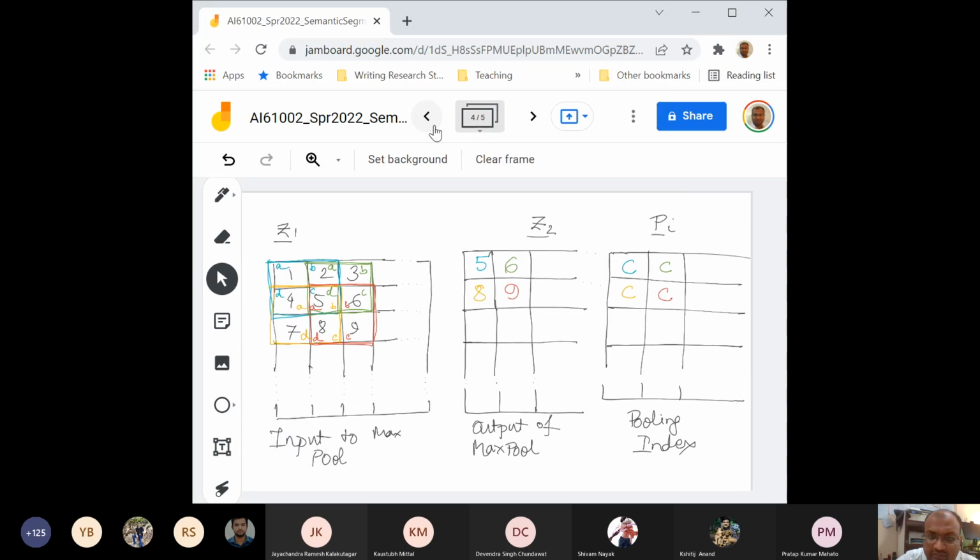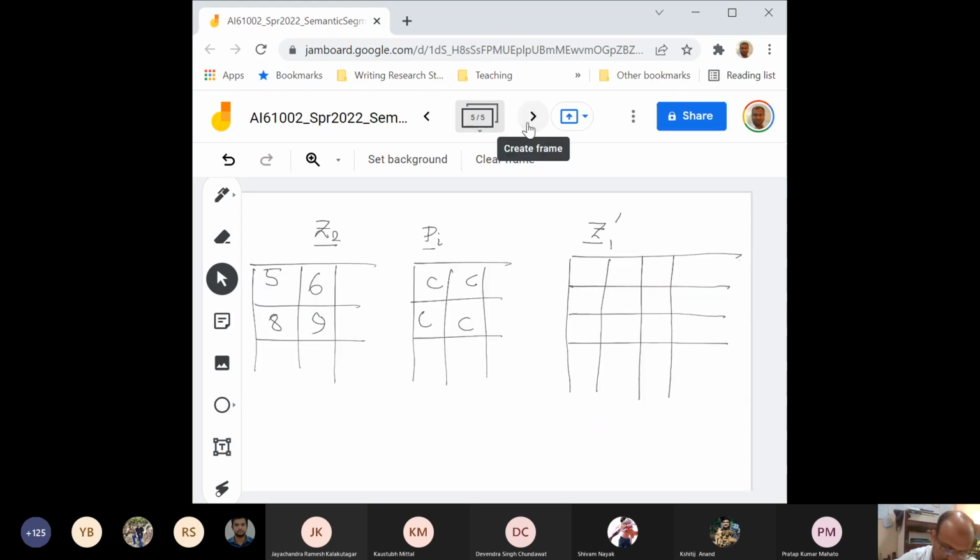Just keep something in mind: this was a pooling with 2W1S, a window of 2 and stride of 1. This was not a pooling with 2W2S. So we'll look into what the pooling and unpooling with 2W2S will be. That is something which I will ask you to do. So this was with this one.